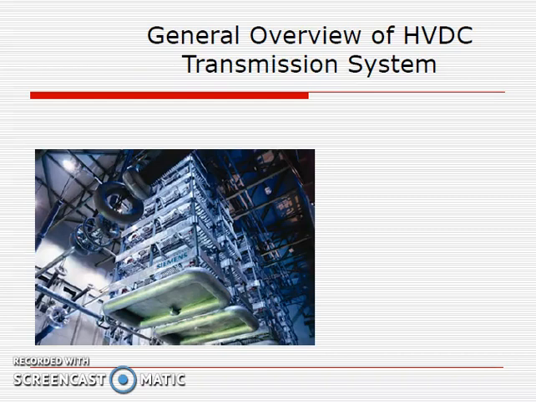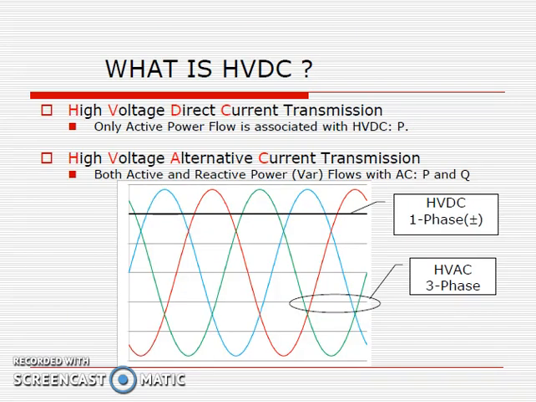I would like to discuss a general overview of HVDC transmission system. What is the HVDC? High voltage direct current transmission. In these transmission lines, only active power will be associated with the HVDC. Only real power. In high voltage alternating current transmission, both active and reactive power flow with the AC, alternating current, P